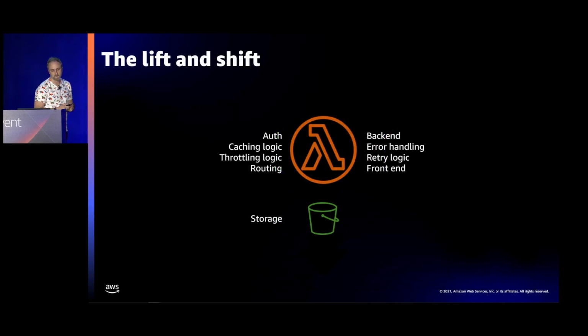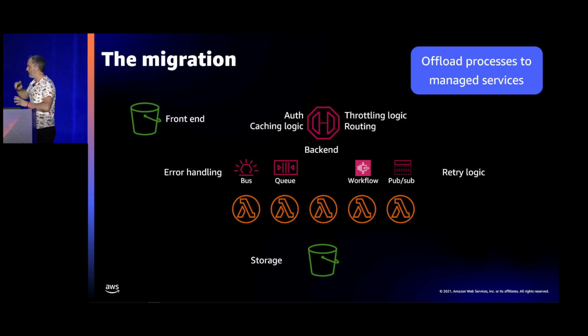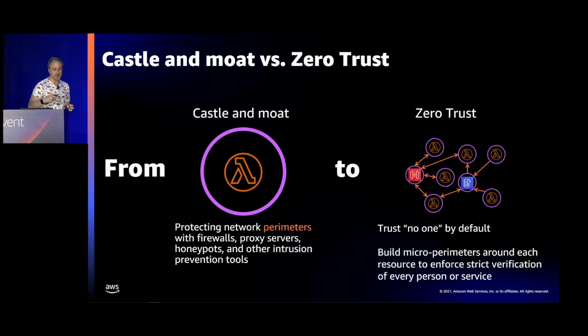Okay. So what I've done there in using the asynchronous version is I've taken a lot of that logic out of my one Lambda function, and I've moved it into the various managed services. So I've reduced code in each of those Lambda functions. I'm using each service for the thing that they were required to do, and offloading that to my services, and I can concentrate on just writing the business logic in my Lambda function. Another boost that gives me in using managed services is a security boost.